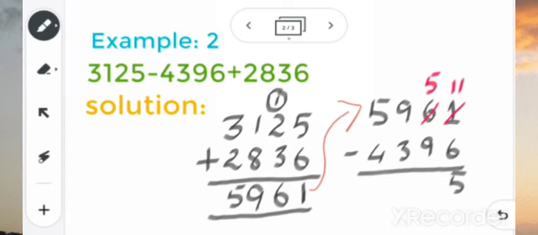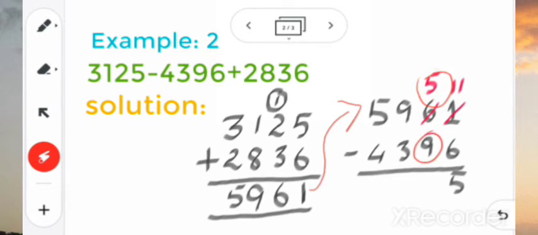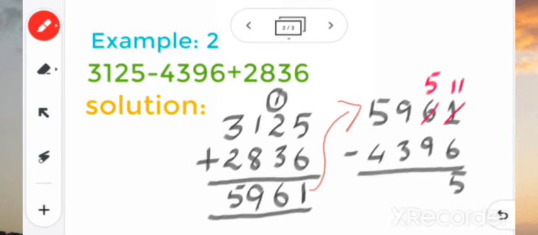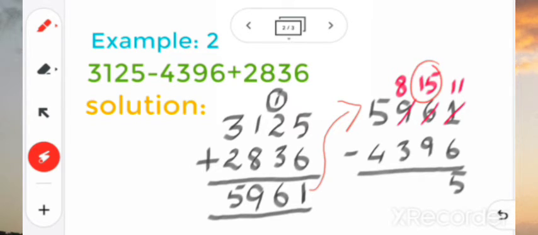Again, if you see here, we have 5 and 9. 5 is small, 9 is big, you cannot minus. So you will borrow from this hundreds place. If you borrow 1 from there, 8 will remain. That 1 will come here and this will be now 15. So now we have 15 and 9. So 15 minus 9, it will be